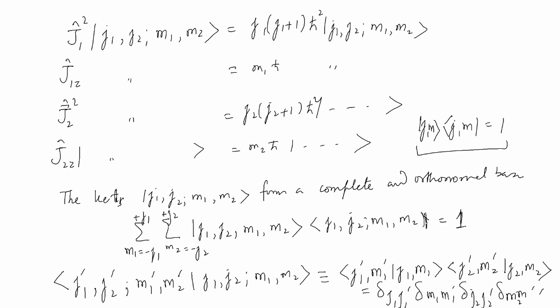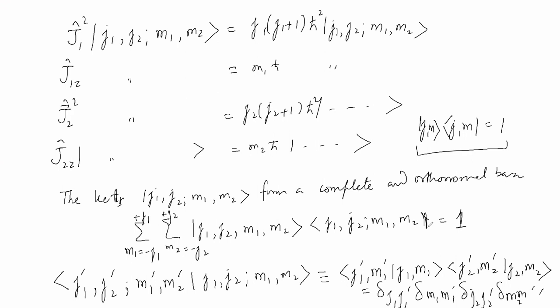Is it clear to everybody? We are just extending the formalism which we wrote for the single particle state to the two particle states, where there are two subspaces. Those two subspaces can be the angular momenta of two different particles, or the different angular momenta of the same particle.